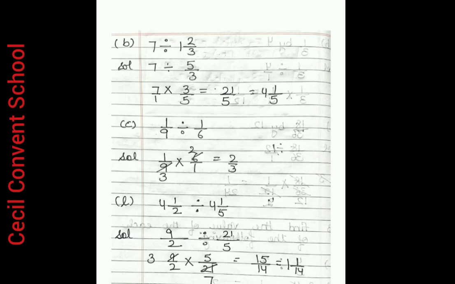Now you see which two numbers come in one table. No number is there, so what do we do? Numerator you multiply by numerator, means 7 threes are 21, 1 five is 5. 21 upon 5. Now listen what you have to do. It is in an improper form. You have to convert this number into a mixed form by dividing it.